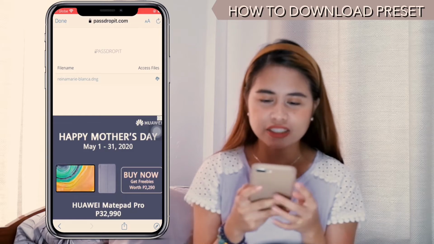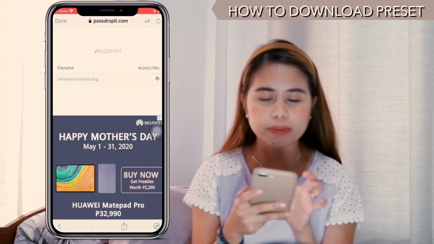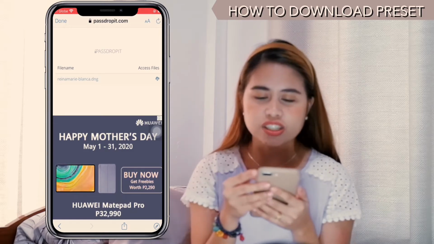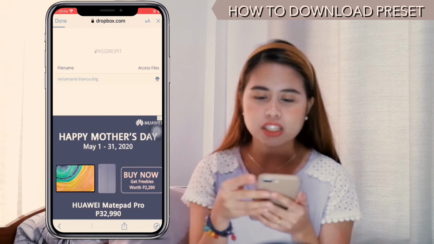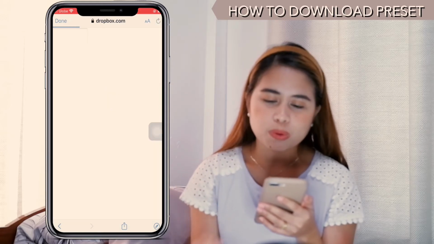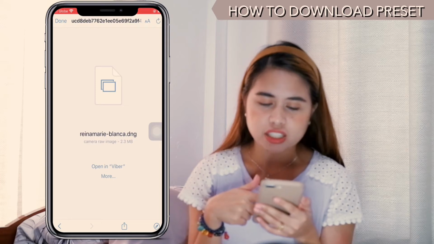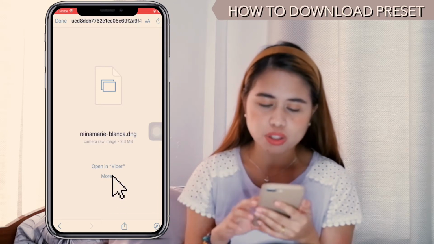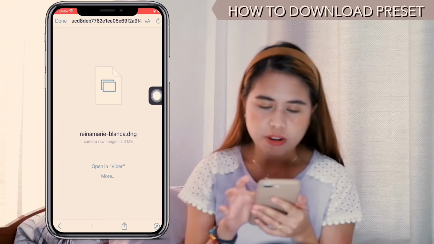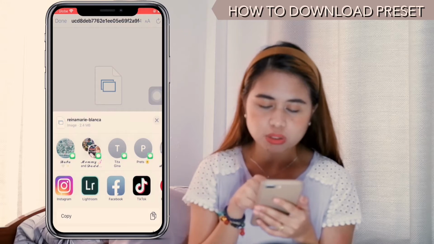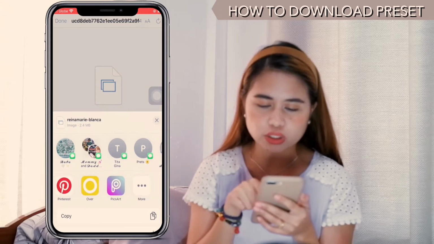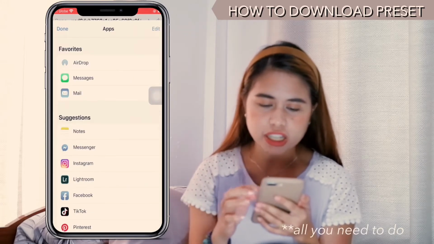So, and then you'll be directed, file name, Reina Marie, Blanca.png. So, yan ang file ng mga preset. So, download. Once you click the download icon, ito yung makikita nyo na page, yung Reina Marie Blanca.png. So, all you have to do is click more. Find Lightroom. So, ito, nakita ko na Lightroom. If hindi nyo makita dito yung Lightroom, all you need to do is click more, and then hanapin